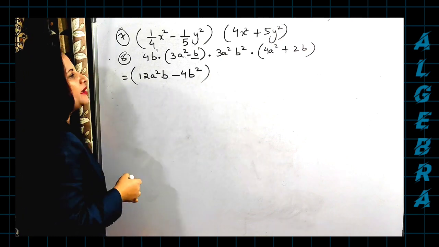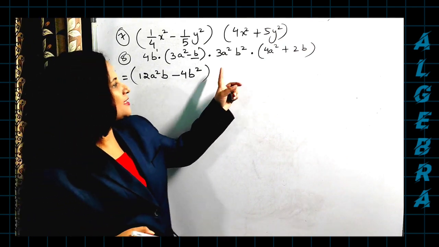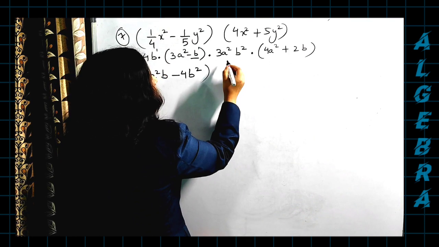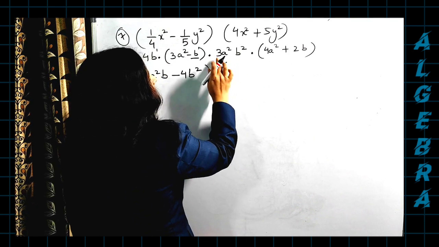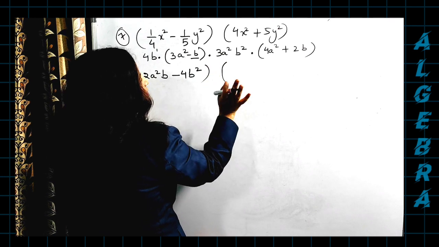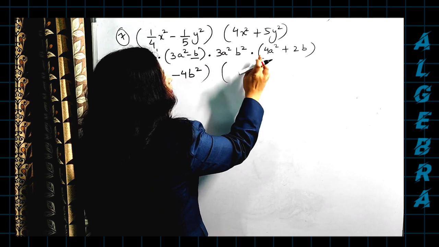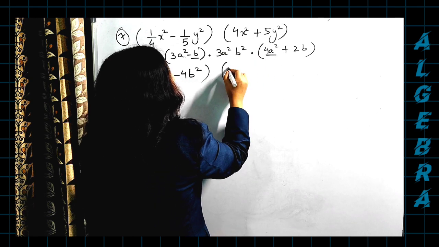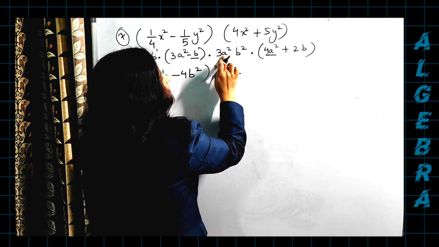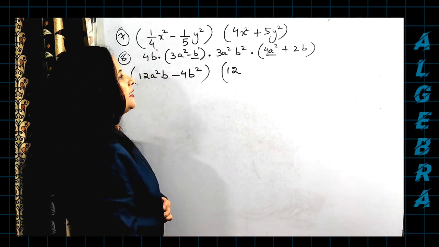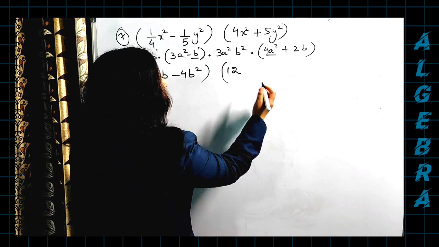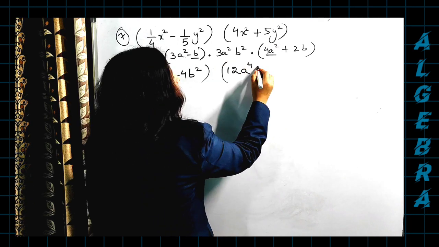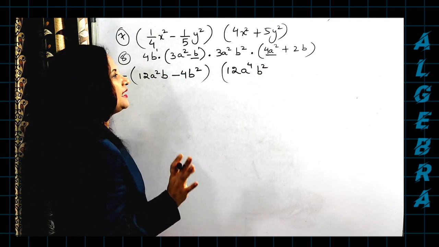Keep it together now. You have multiplied this portion already. Let us come to the next one. We'll multiply these two now, this monomial with this binomial. First you multiply this whole with this: 3 4s are 12. A square is there, here also a square, both the bases are same, so a to the power of 4, because they are multiplied, add the exponents. b square is single, write b square as it is.